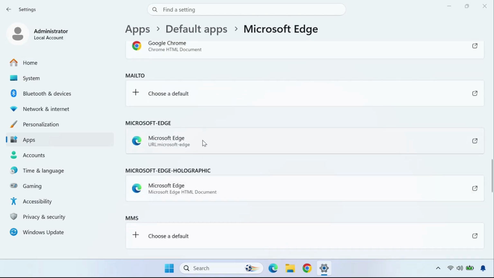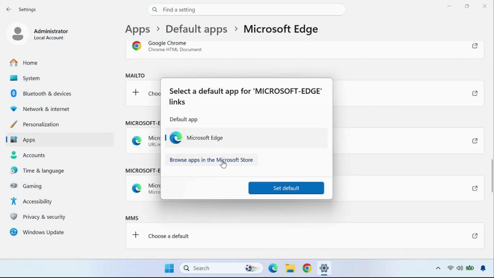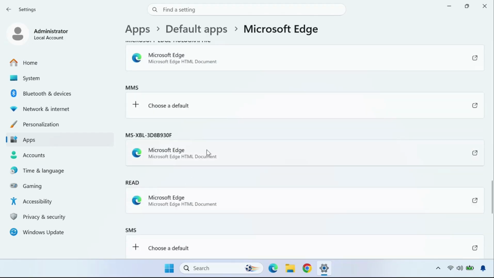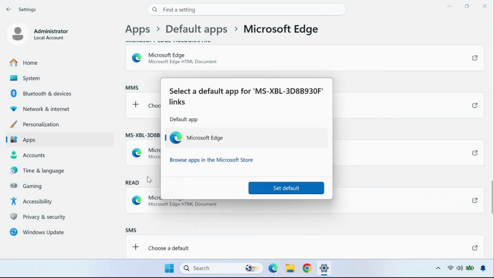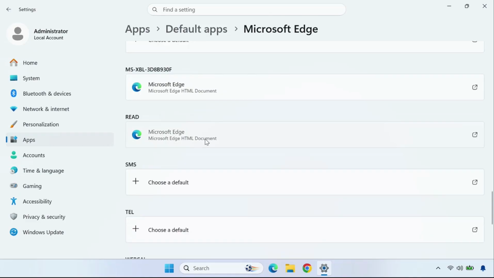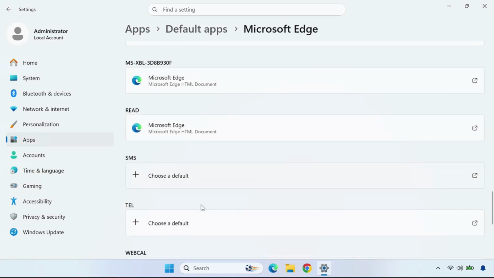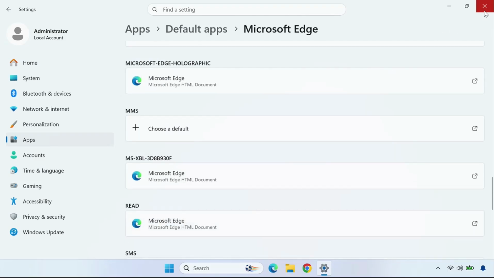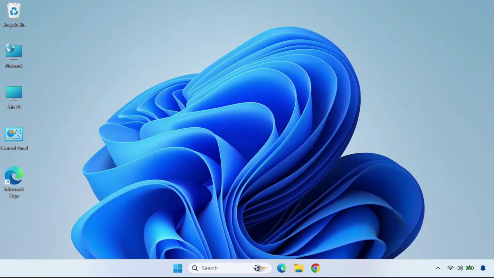Okay, like this, click on it and then set. Now this is okay, it is because this is Microsoft Edge only, and this one also, so only Edge. Okay, and then close it, and then